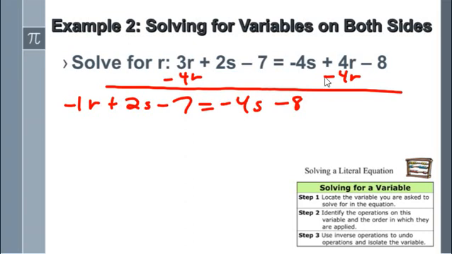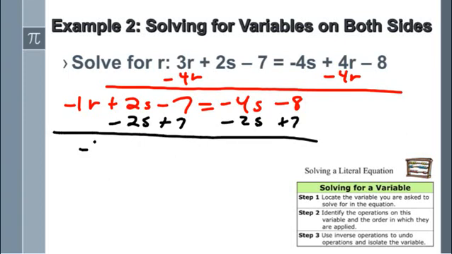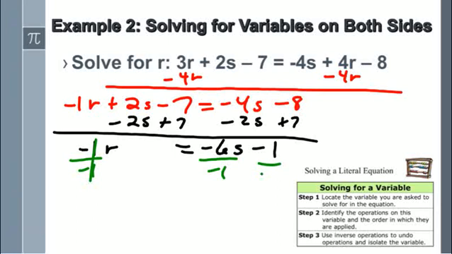Now I don't want this 2s minus 7 here, so I need to subtract 2s and add 7 to both sides. So I'm going to subtract 2s and add 7. When I do that, I'm left with a negative 1r equaling a negative 6s minus 1. Then to get r completely by itself, divide everything by negative 1. Now I'm left with r equaling